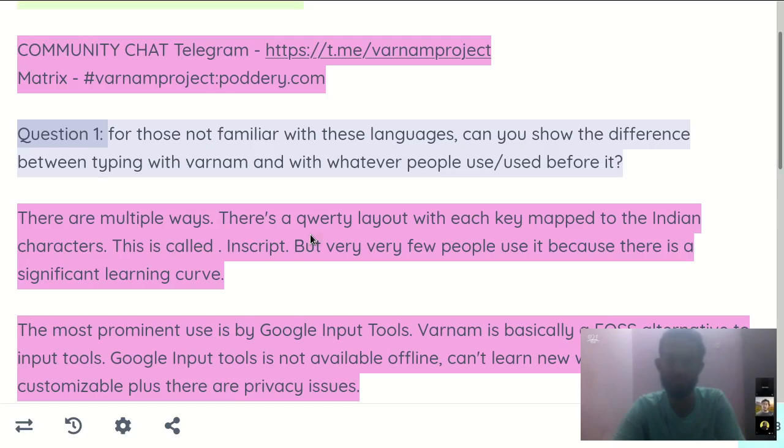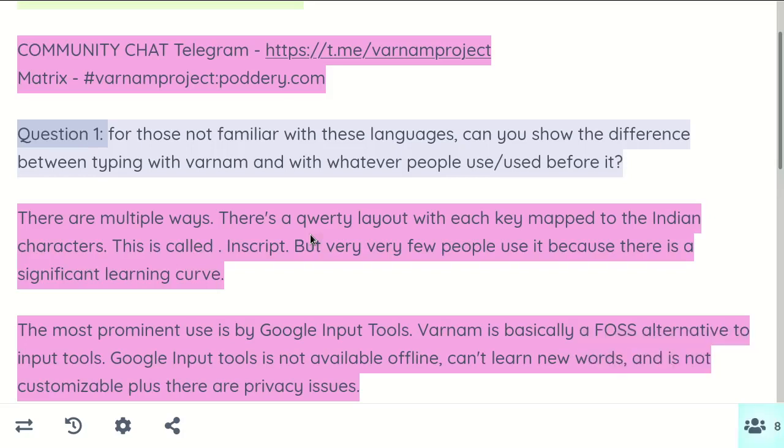And there is a void for that. We need a free software input method that has the capabilities of Google Input Tools, which can store words offline, has guaranteed privacy. I mean, an input method is something like a pencil. It is the fundamental tool that one has when learning a language. It's just like a pencil. You wouldn't want your pencil to be under the ownership of someone else, right? So there is a need of such a tool.